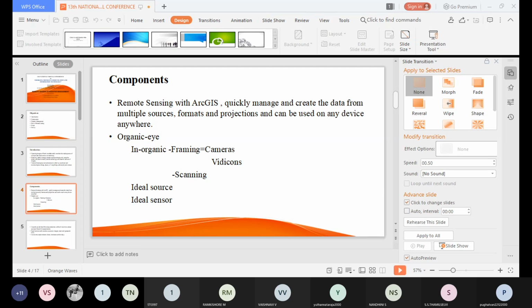We can analyze high resolution images. For example, if we take the vegetation of a particular area, only with a high resolution image can we get more information about that place. So a high resolution image is better to get information. So remote sensing with ArcGIS,